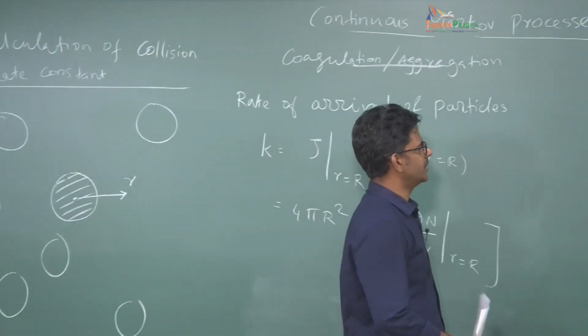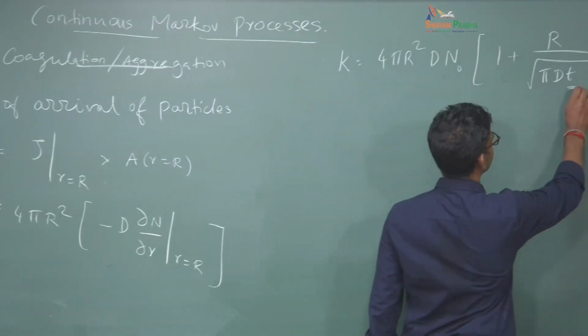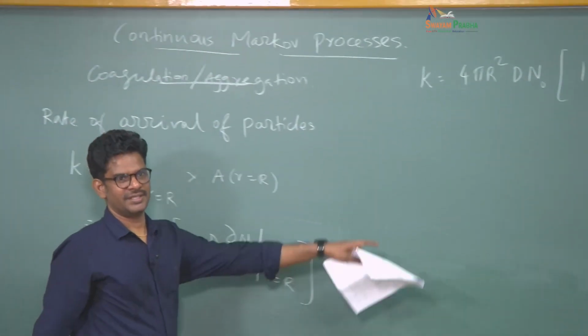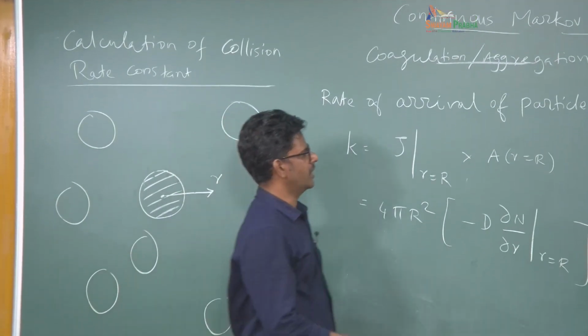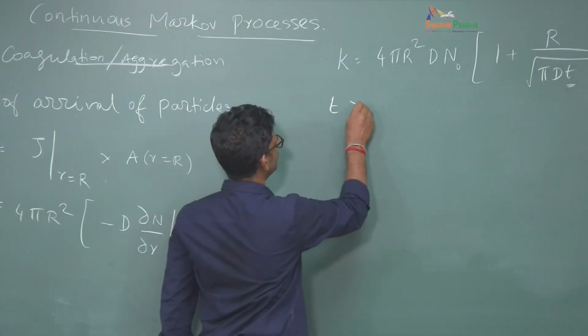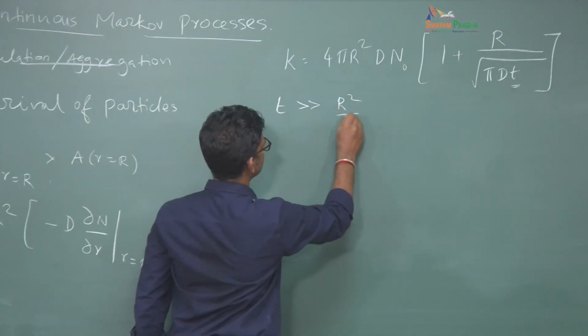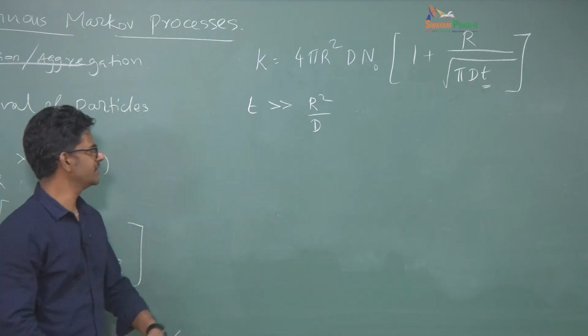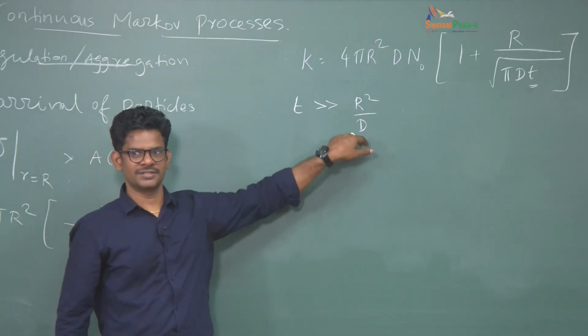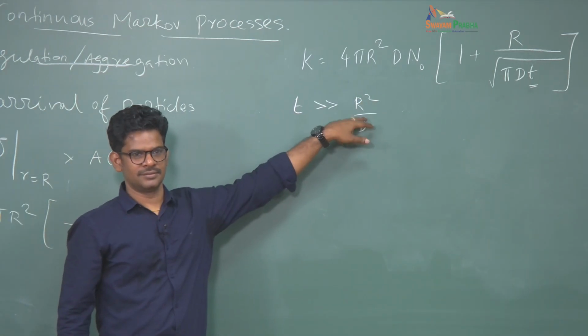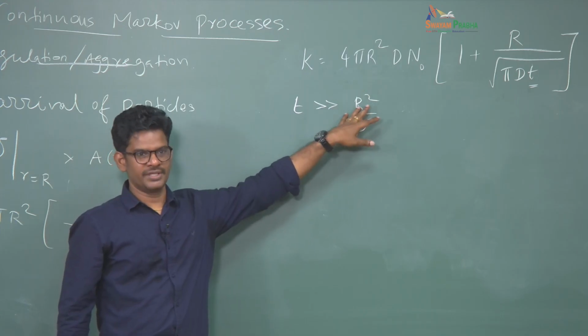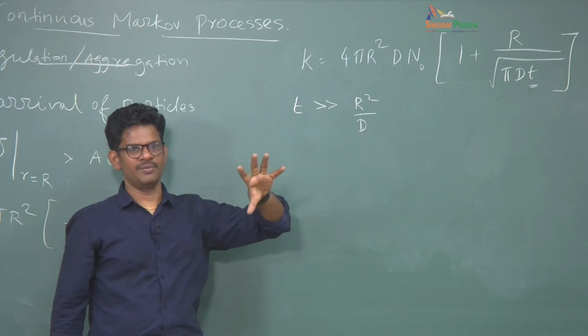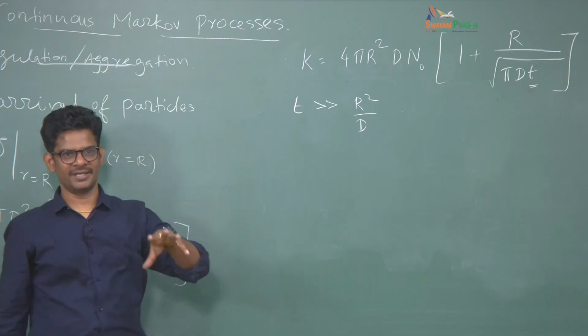And so now generally you see there is a time here, meaning that this rate constant is time independent, but then if you look at some time t much greater than r square by d, do you recognize what r square by d is? What is this time scale? It's a diffusion time scale, okay. This tells you how much time a particle takes to diffuse its own particle radius.